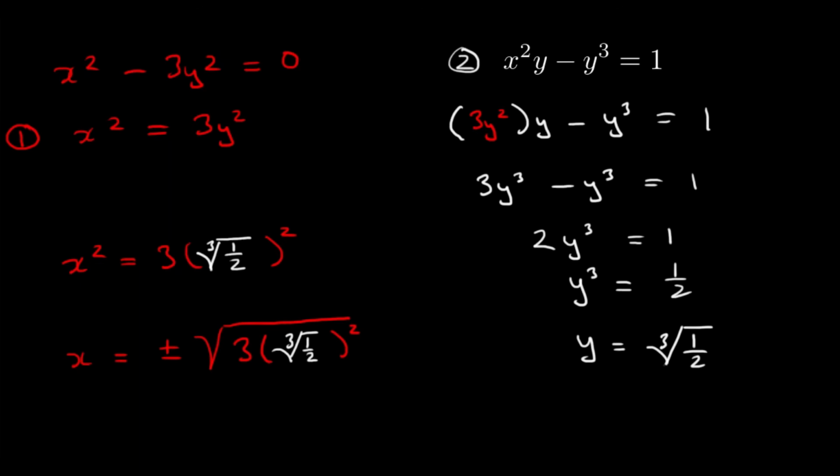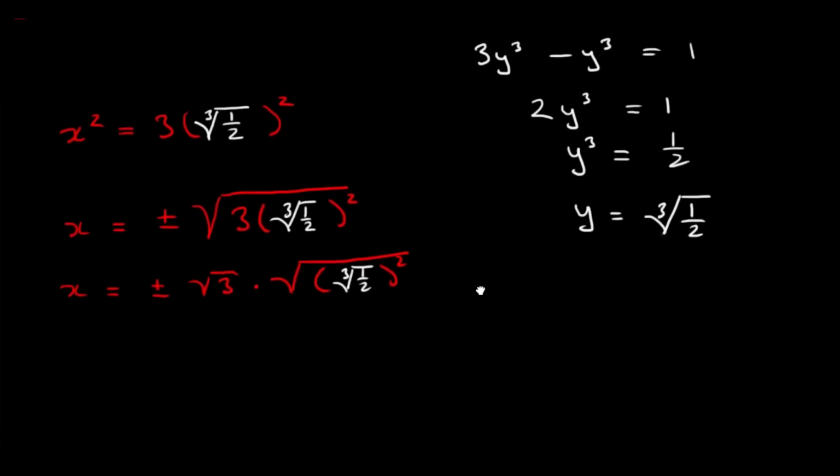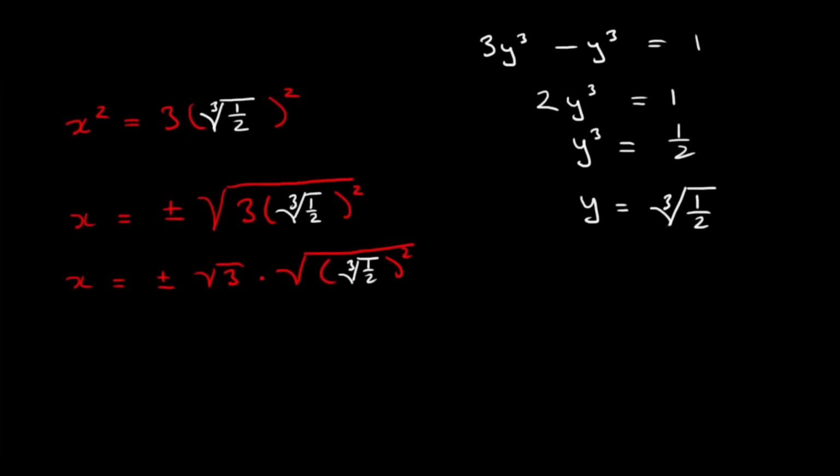And now if we take the square root of a product, and we do have a product, x squared is a product of two things, then we can break that product apart with a pair of square roots. And that's probably the easiest way to deal with this mess. That would be the square root of 3 multiplied by the square root of a square, and inside that square is our little cube root of 1/2. I think you can see there that the square root is going to get rid of that square. So I can write this as